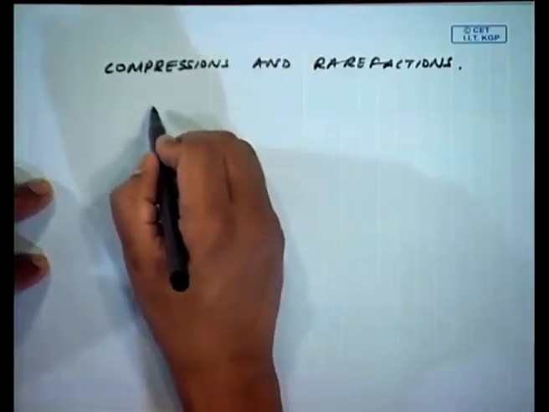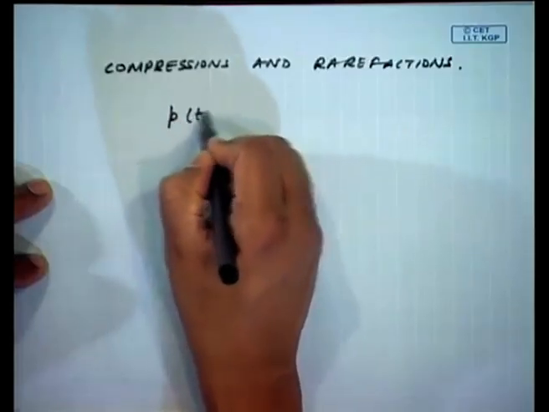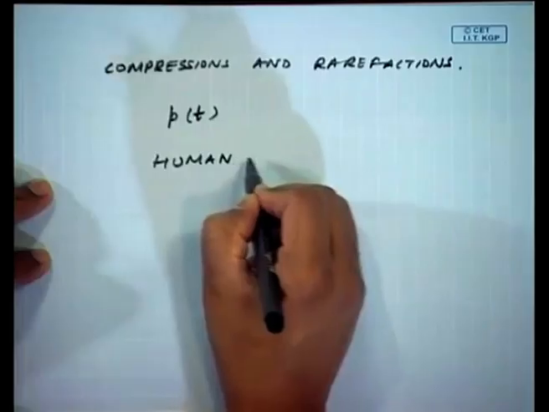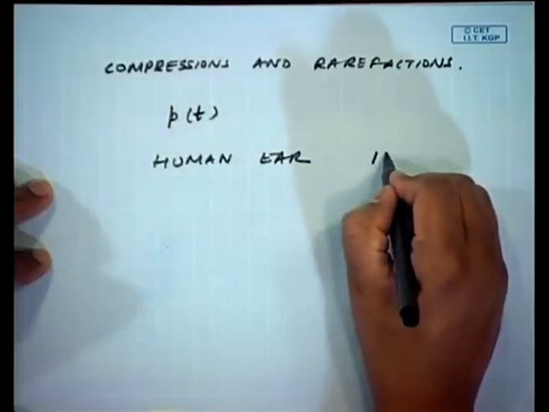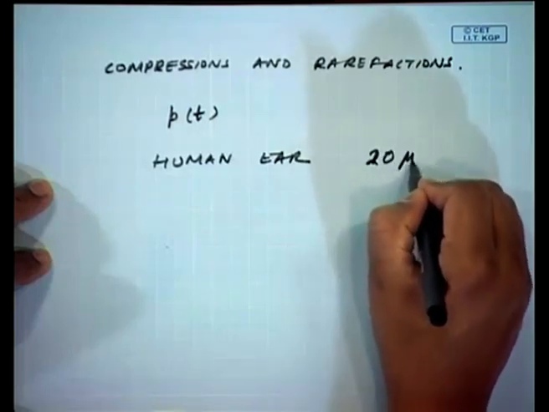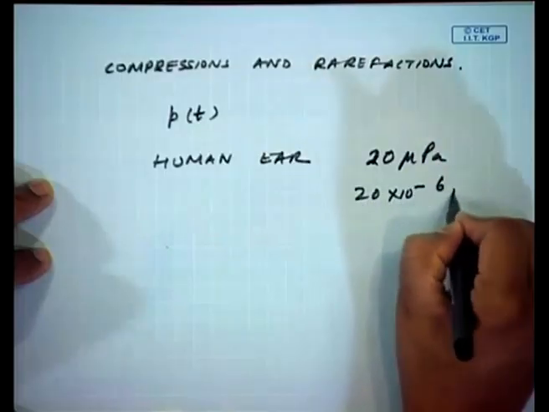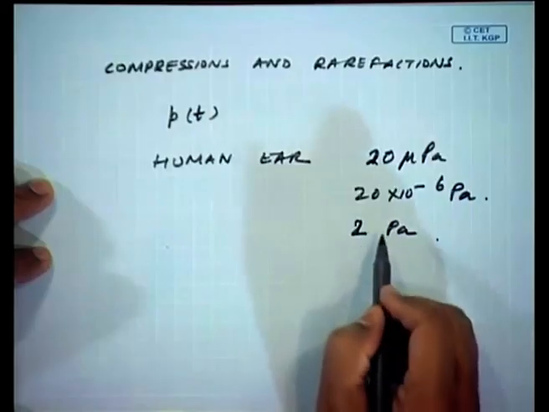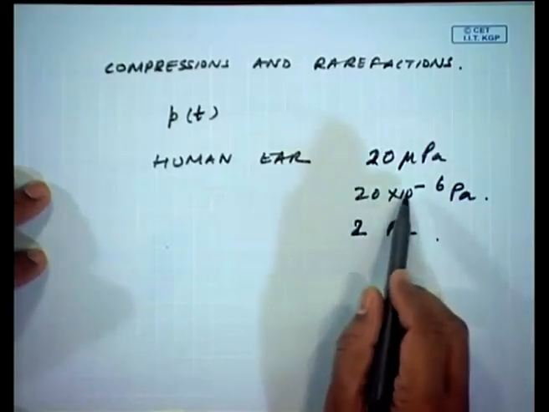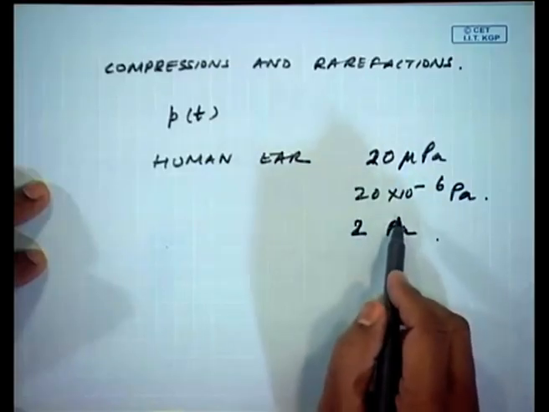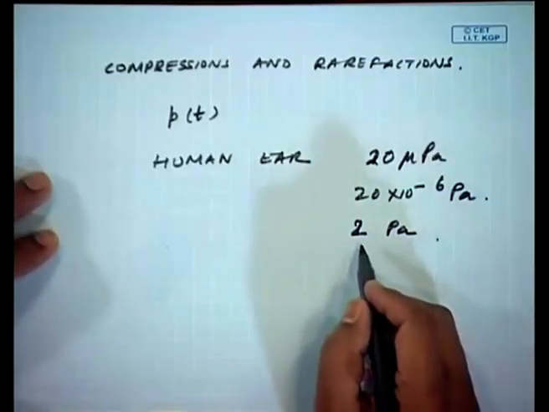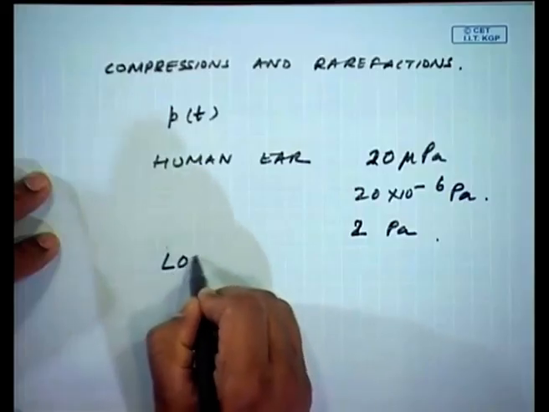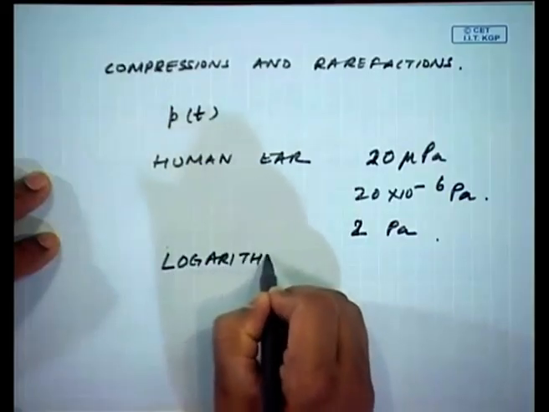Now, coming back to this sound pressure level or pressure which you hear, P t. Now, this P t is a very small quantity, and our human ear can hear as low as 20 micropascals, that is 20 into 10 to the power minus 6 pascals, to as high as 1 to 2 pascals. But you see this scale is very large, 10 to the power minus 6 to 2 pascals, and that is why it was felt that this sound pressure need not be represented in a linear scale, but a logarithmic scale,